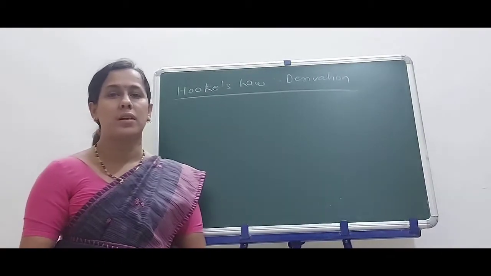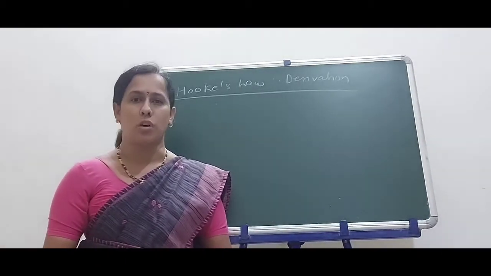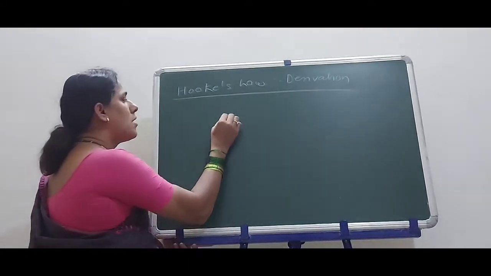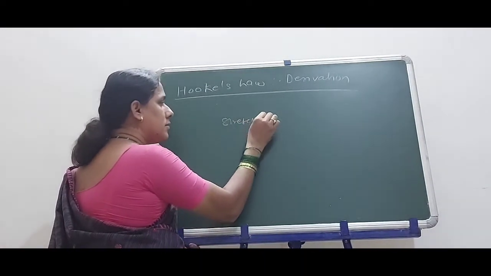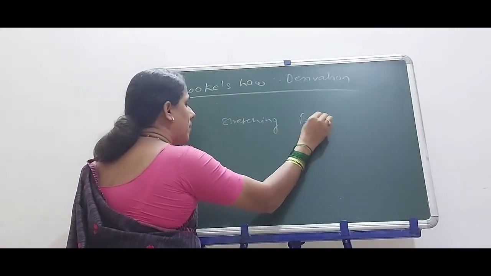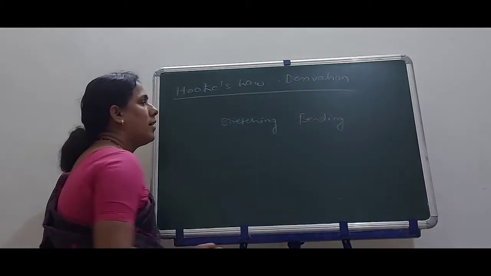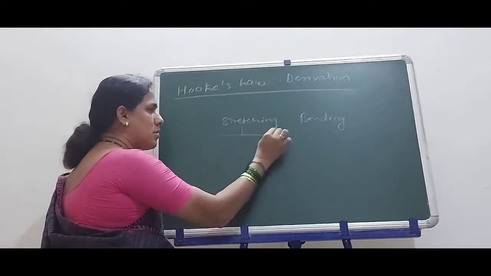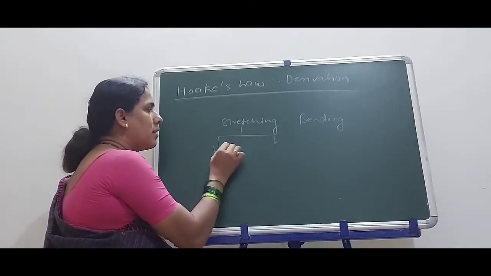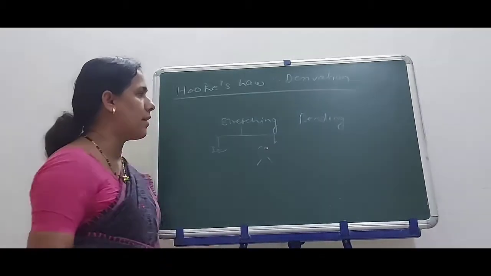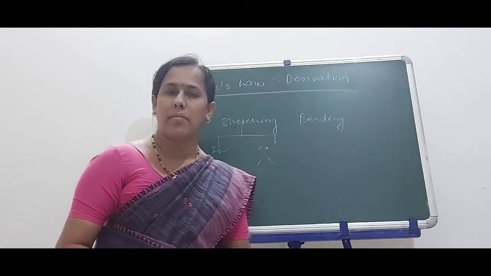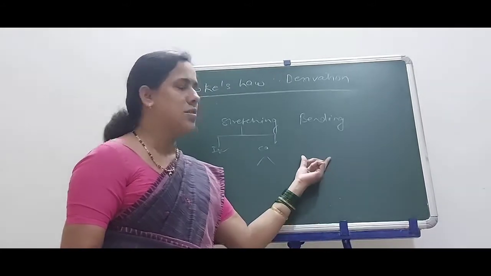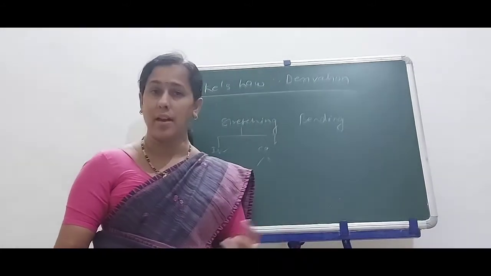In the last lecture we discussed the fundamental modes of vibrations. In these we studied stretching vibrations and bending vibrations, and also their classification. Stretching vibrations are isolated, coupled, symmetric or asymmetric. Bending vibrations are in-plane bending and out-of-plane bending, which are called deformation vibrations, and their types are scissoring, rocking, twisting and wagging.